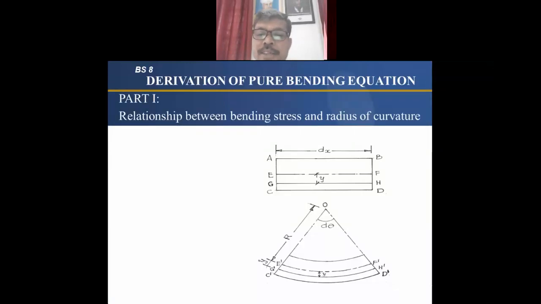See, as I told, I will start innovating a little bit so that it will be better to understand. As I told you, this radius of curvature, I will take a red pen. This is the radius of curvature. And what is the thickness of the beam? A to C. And C, what will be here? F dash, H dash, D dash, and this will be the radius. This becomes very big, okay.